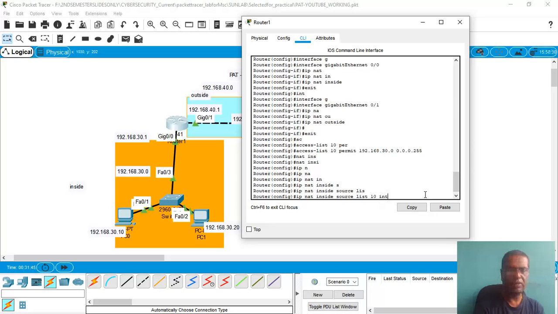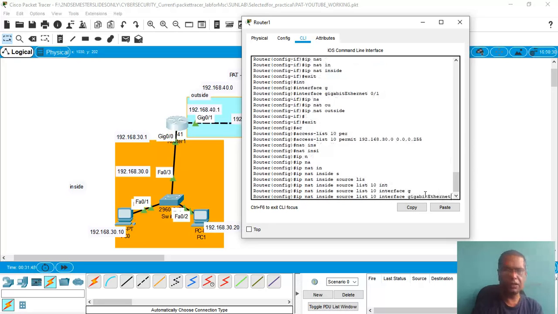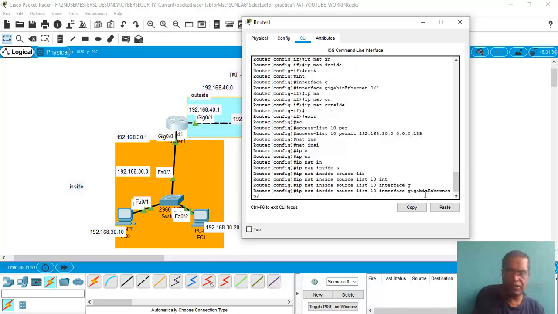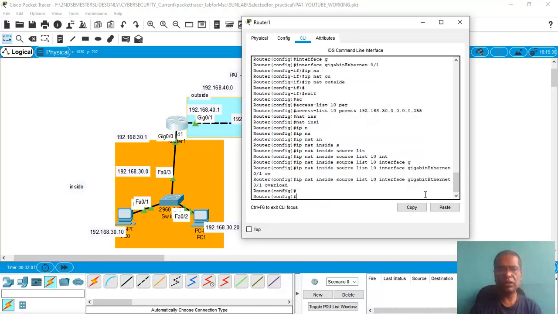Outside will be based on the interface gigabit 0/1. Then we will include the overload command. The use of the overload command was already discussed in our previous video where we discussed dynamic NAT. So that is all our work here.